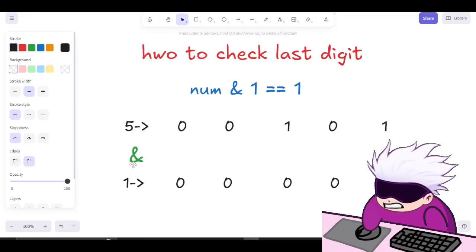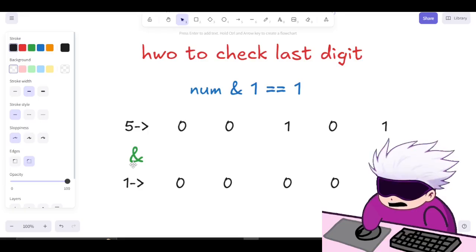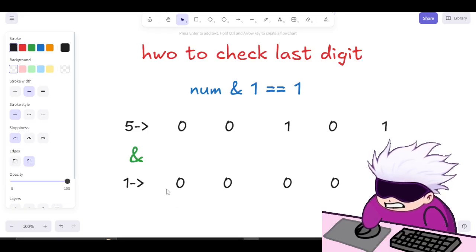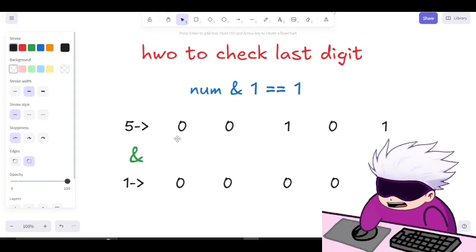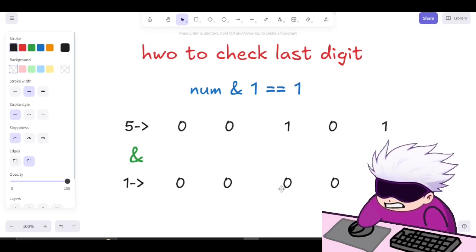It checks if both bits are 1, and then we return 1. Now here we have 0, so it does not matter whether the other is 1 or 0. Moving forward, again a 0, so we don't need to check, and we simply find out where the 1 is. So 0 cancels, 0 cancels, and here we got 1.